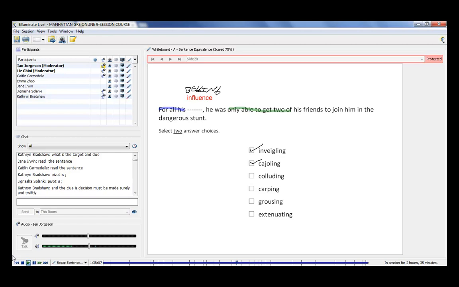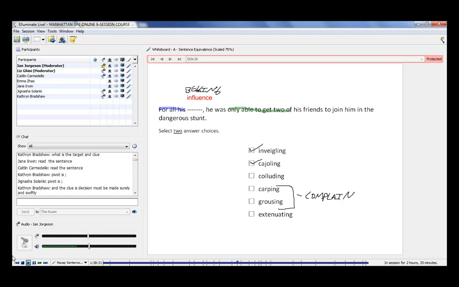Yeah, carping and grousing. Both of these words mean to complain, right? We don't use them all that much, and actually they're interesting because they both, I believe, come from animals. Carp from carp, the fish, and grouse from the bird, but don't quote me on that. I might be totally making that up. But both of these words mean to complain,